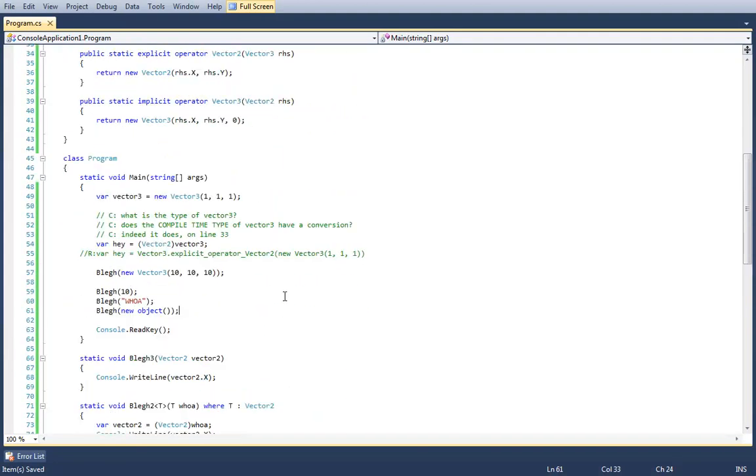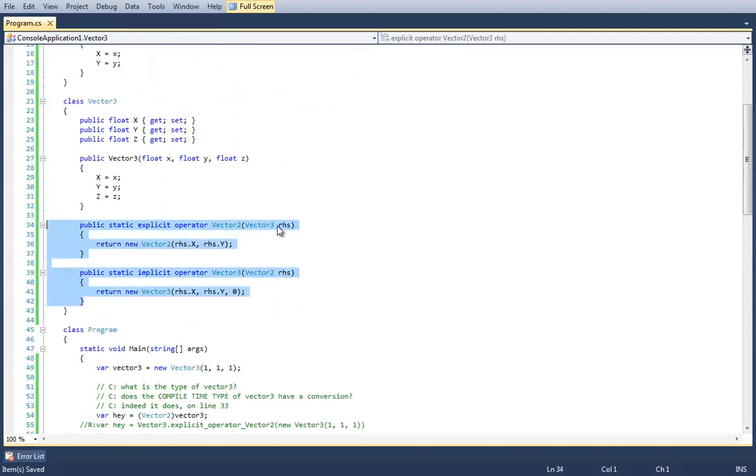Yeah, I really don't have much more to say about it, other than this is what the syntax looks like. It's awkward. It looks awkward when defining it, but it can be very useful. And it's particularly useful when dealing with math-type stuff. I do want to point out, though, that explicit and implicit operators should not be abused. And I'm going to get more into that discussion when we talk about operator overloading. Because operator overloading is one of those things that people think they're being clever when in fact they're obfuscating their code.